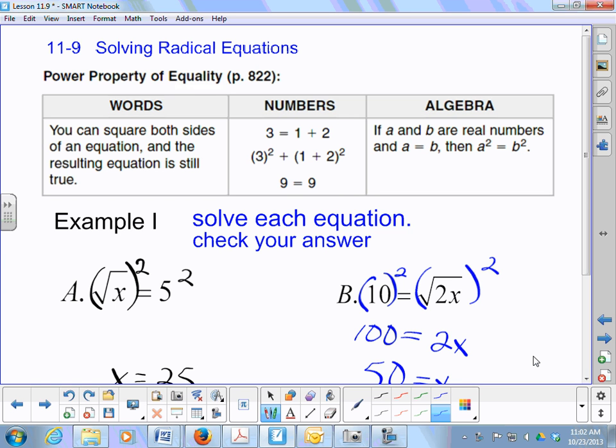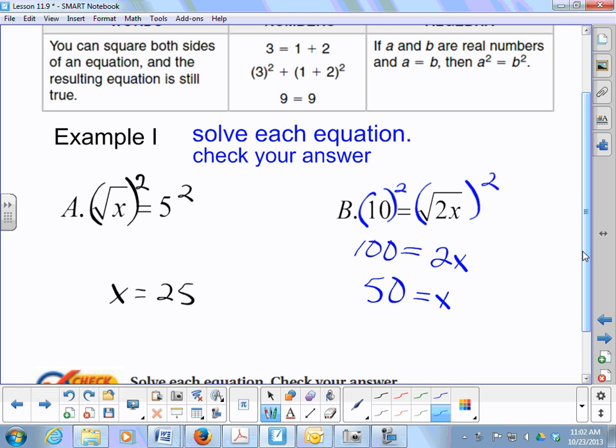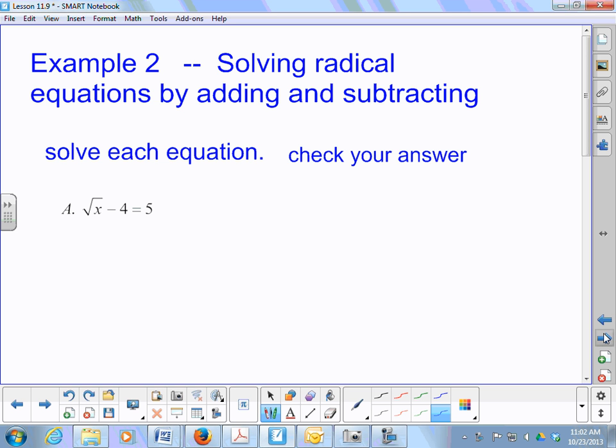Today we're going to solve radical equations. With solving radical equations, basically what we have to do is get rid of the square root, and we're going to simplify it. We had a couple of examples in the warm-up. Took the square root of both sides, we're golden. Now, the only thing is that sometimes there's more information on one side of the equal sign than just the radical. So the first thing you have to do, numero uno,